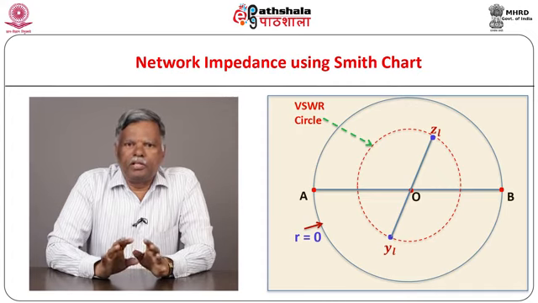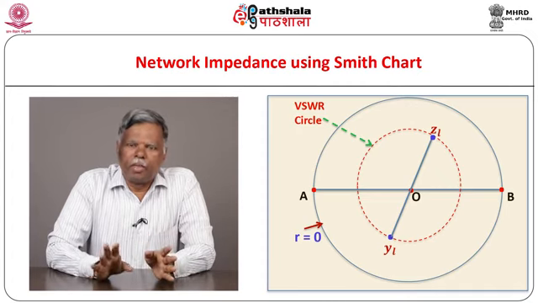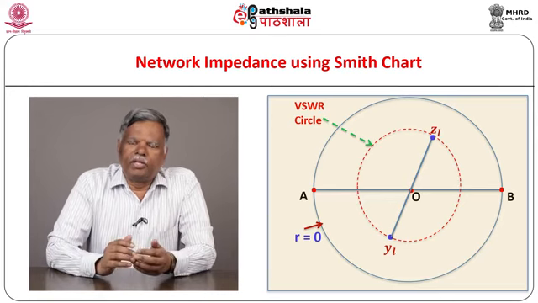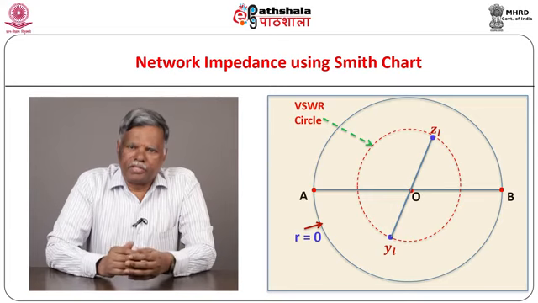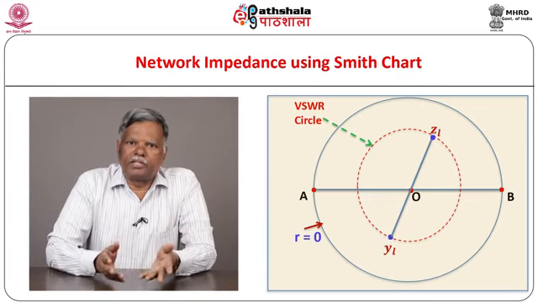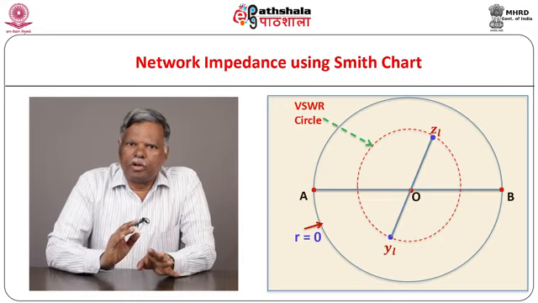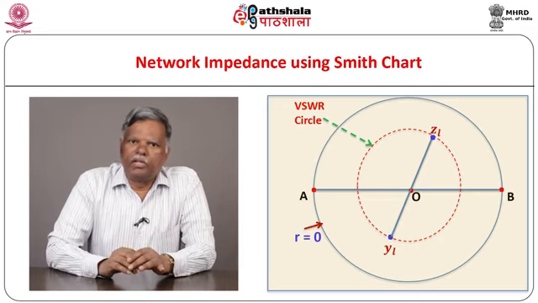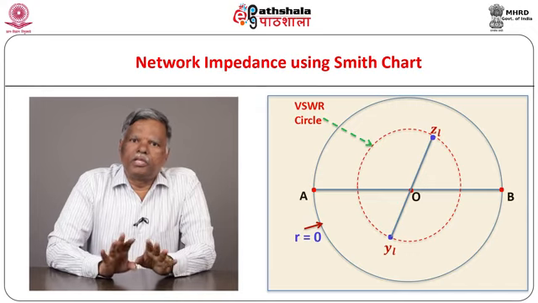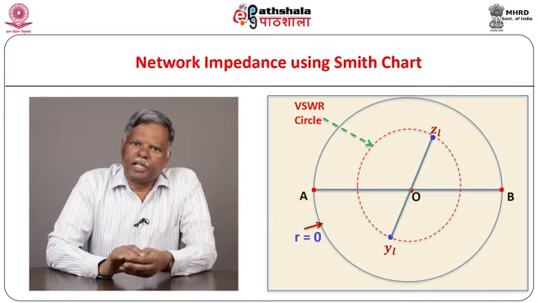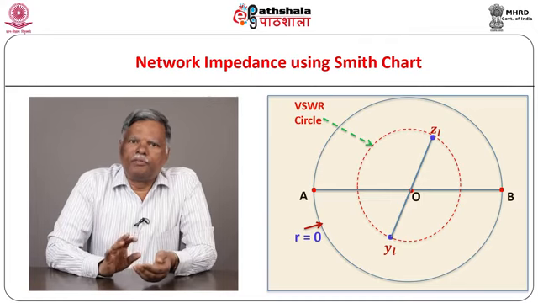Now, while discussing the mathematical basis, we must know some definitions of some quantities. We deal with impedances, admittances, we deal with reactances, resistances, etc. And those are to be normalized to unity by using some special quantity which is called the characteristic impedance of the transmission line. So, let us see some important definitions.